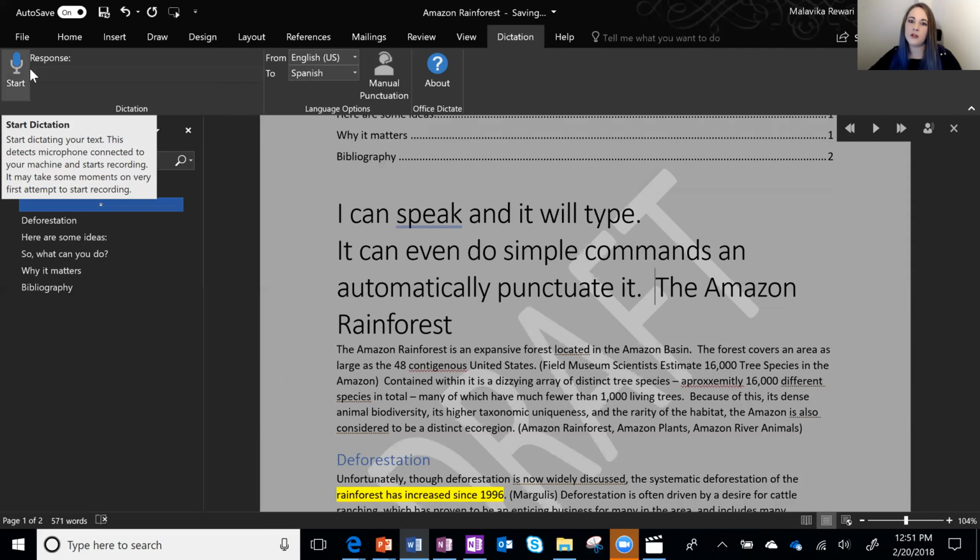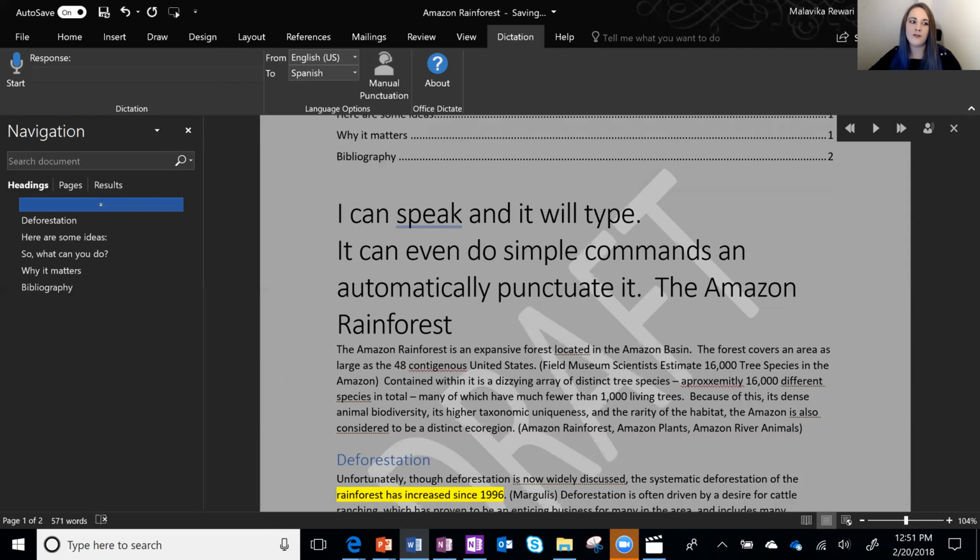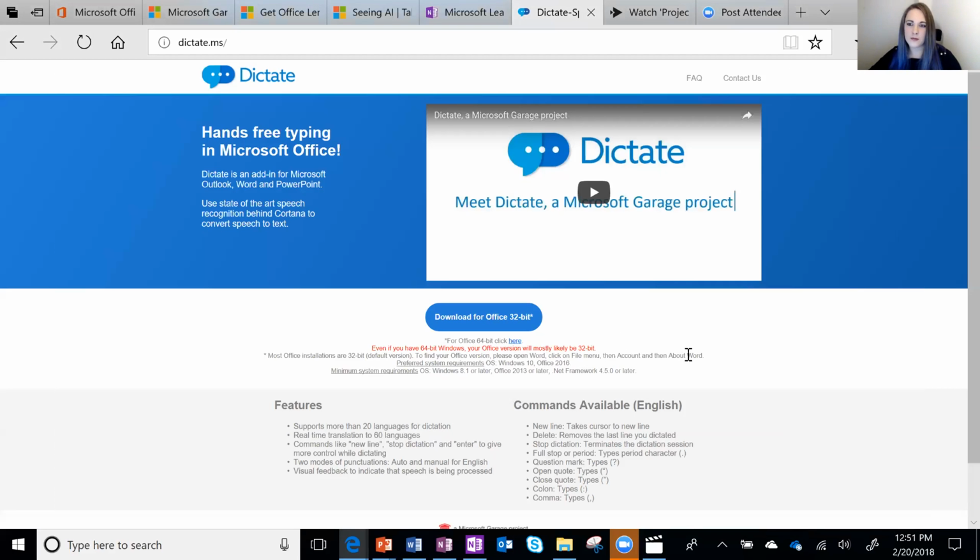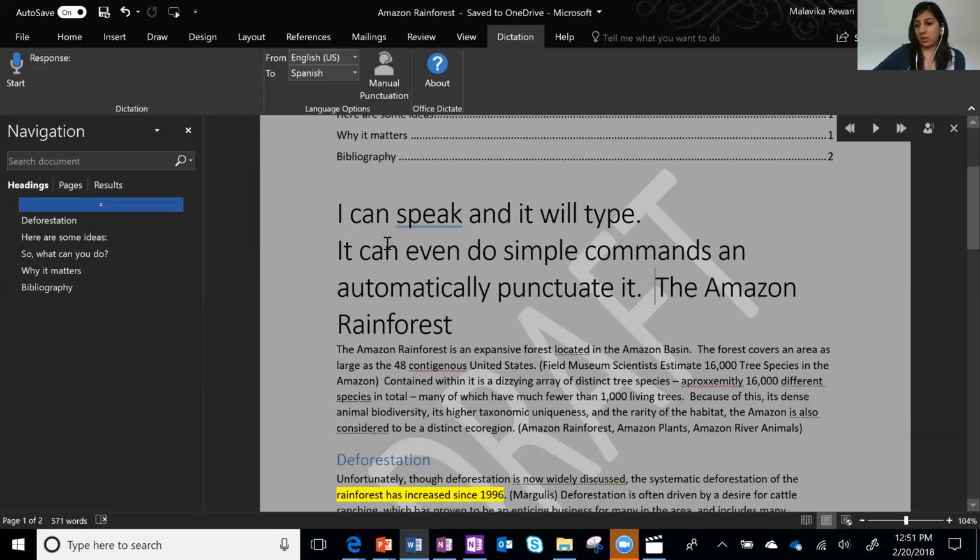Is this available as an app? Because I know a lot of the features that we're finding, you can get them on desktop, but when they're on the app, the features are slightly limited. This works with the Office applications on your PC, like Word and Outlook, but not on an Office app. Yeah, it's the apps. So for example, this is my Word, and I've installed the Dictate add-in. Okay. So it has a new ribbon right next to View.